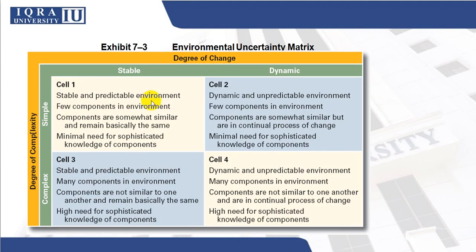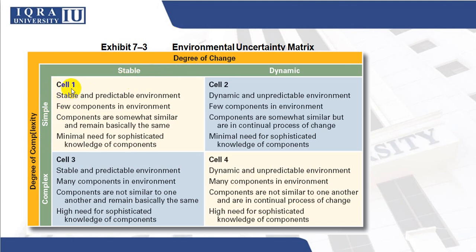So we have here Exhibit 7-3, the environmental uncertainty matrix, which is explaining the whole concept. We have four cells here: cell number 1, cell number 2, cell number 3 and cell number 4. Cell number 1 is comprised of simple degree of complexity. On the y-axis we have degree of complexity and on the x-axis we have degree of change. So cell number 1 is composed of simple complexity and the degree of change is